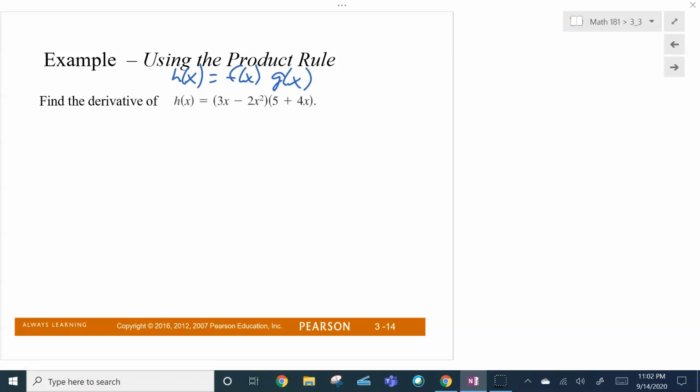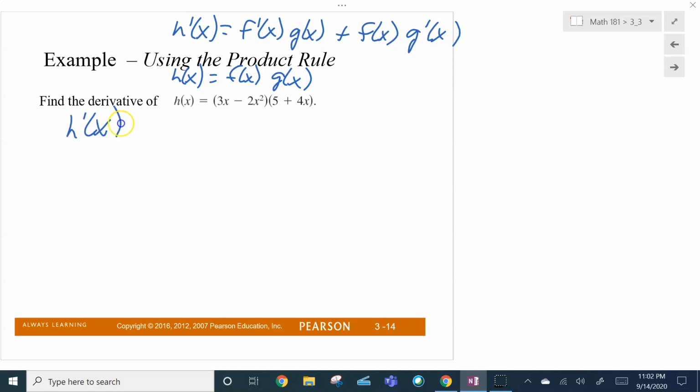So what I'm going to use is the derivative of the first, so f prime of x, times the second, leave it alone, plus the first, so you leave it alone, times the derivative of the second. So that's what I'm going to follow here. So h prime of x is the derivative of the first. So I'm taking the derivative of this one. Derivative of 3x is just 3 minus 2, so that's the constant part. Now I'm taking the derivative of x squared, which is 2x to the 1. Okay, there's f prime of x